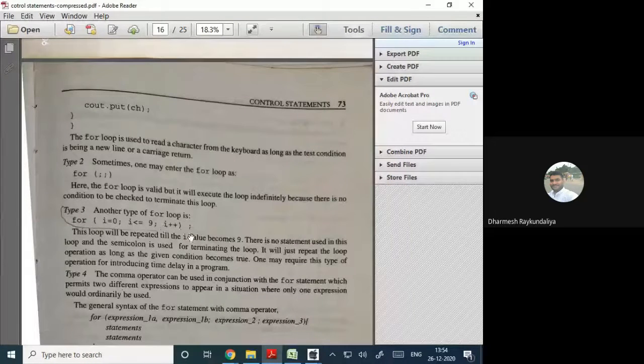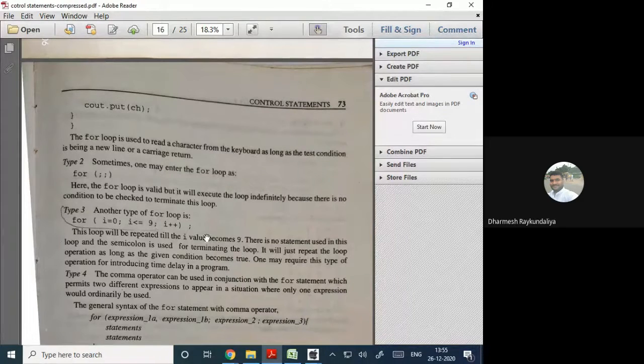So under which situation can such a loop be used? There is no statement in this loop, and the semicolon is used for the termination of the loop. It will just repeat the loop operation as long as the given condition is true. One may require this type of operation for introducing a time delay in a program.